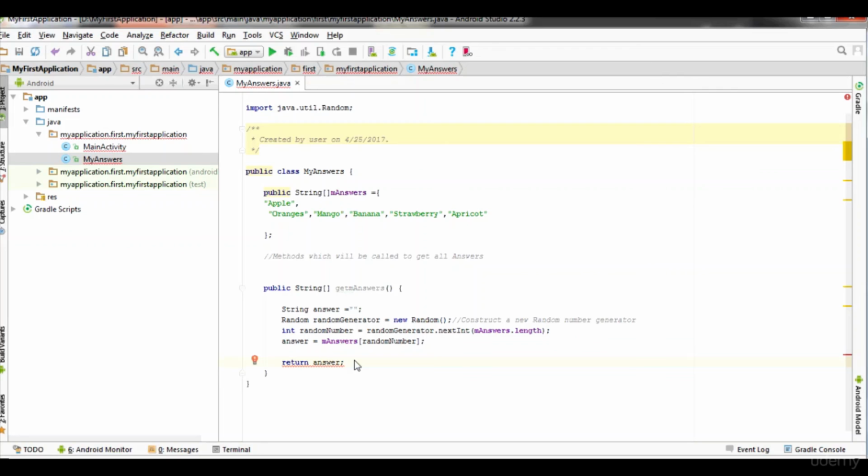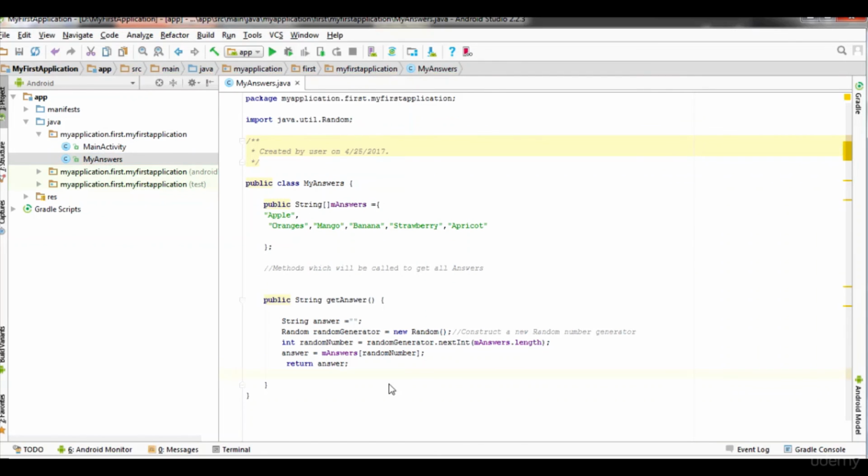So the value from the random number will be stored in the answer variable, and finally we will return this answer variable, so we'll get all the answers.